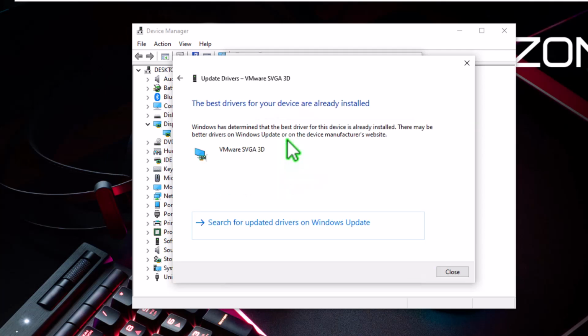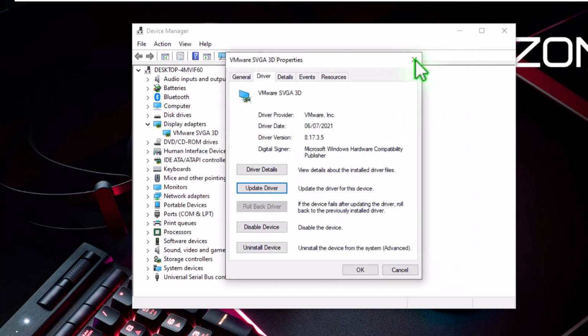You can click here and it will search, and it says the best driver is already installed, so there's nothing to do. But if that wasn't the case, you would see the option to update your driver, and then you could just click next, and the driver for your graphics card will be updated. So we close this down by clicking X here, close it down here,